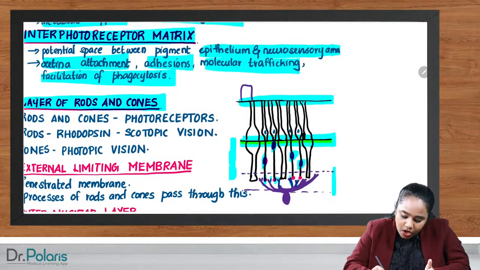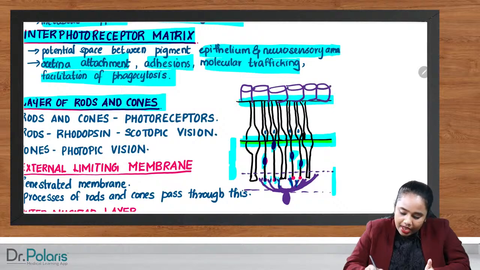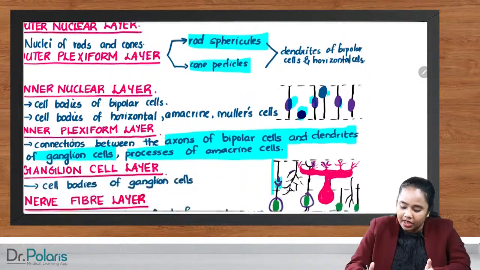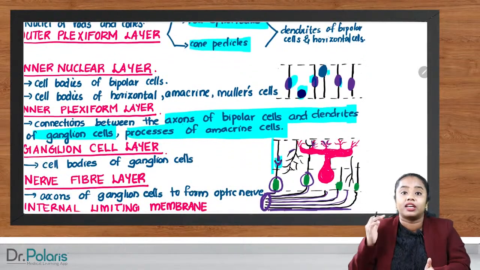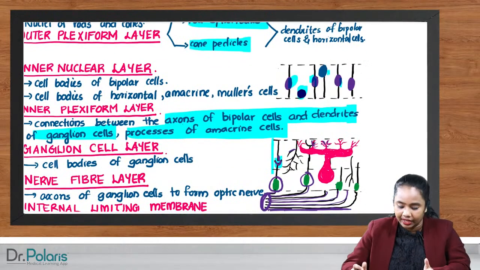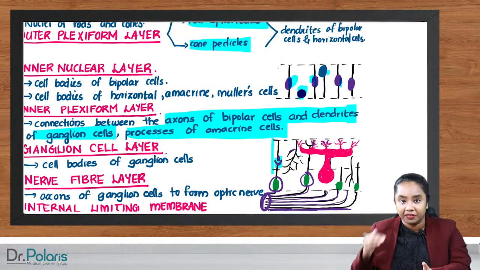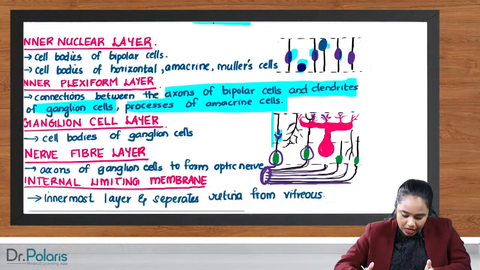So, here you have to actually place the pigment epithelium like this, and then below this should come this layer, below this layer, like that, one after the other you have to draw it in a single diagram. This is just for understanding purpose, I have split it into different parts. Now,